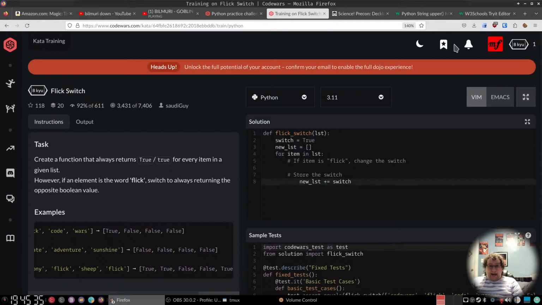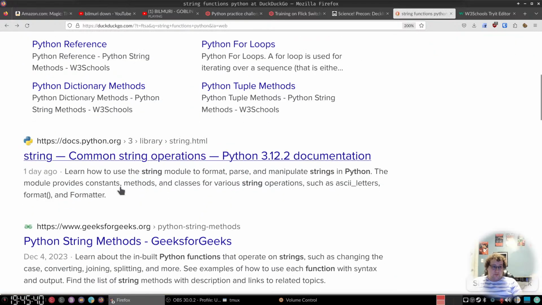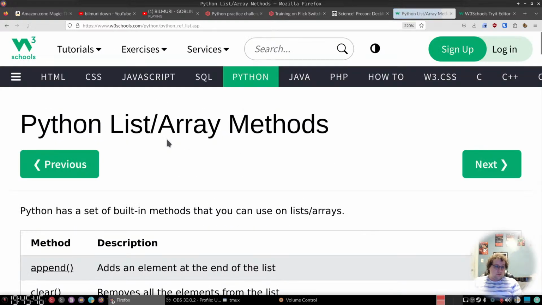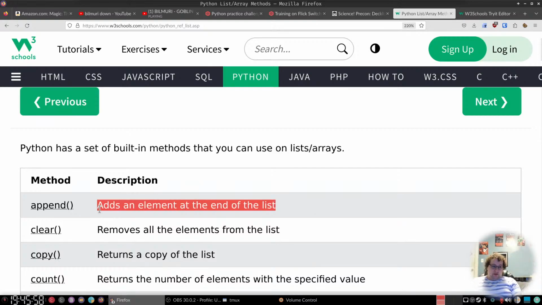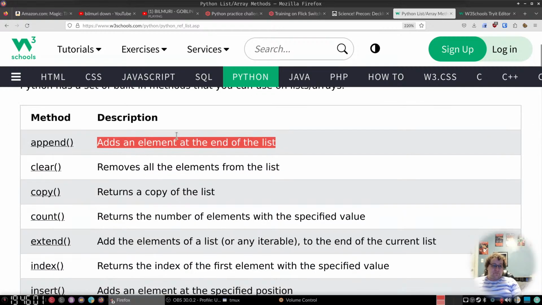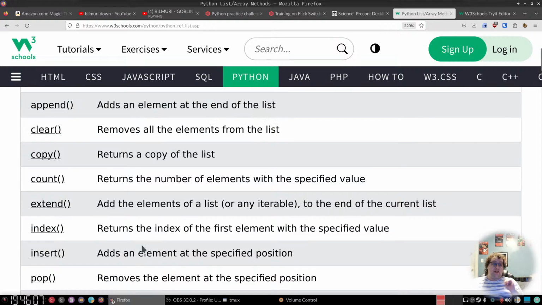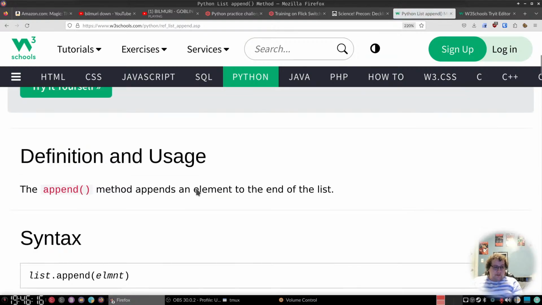So if you want to add something to the list, you have to use something called list methods. And these are conveniently also on W3Schools. So, list functions. Oh, no, we get it right there. Right, what's that first one saying? This one adds an element to the list. So if we wanted to add something, we're going to want to do something like this. And you have the items you might expect, like you can remove things from the list, you can insert them. We'll get super into this when we get to lists in the next few weeks. But,